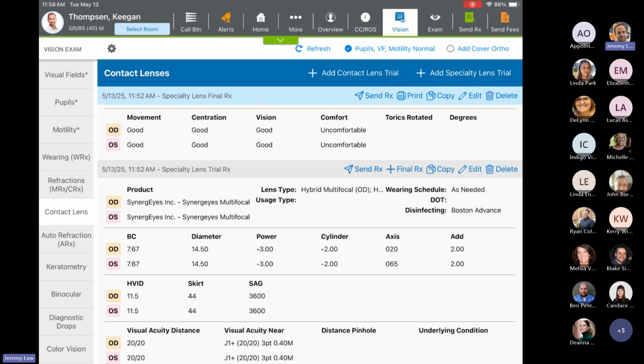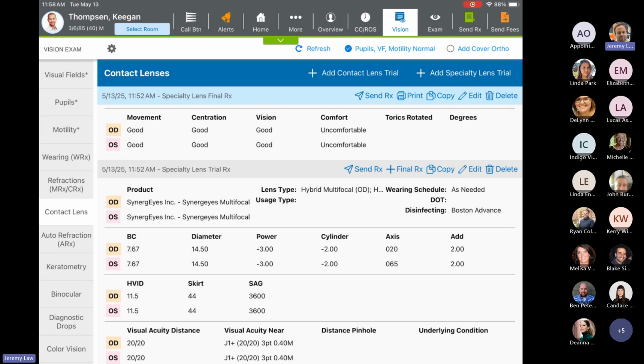Some doctors like to design the lens themselves entirely, right? Whereas other lenses, like the synergized lens that I just showed, the expectation is that you're going to work with a consultant on the other end at the manufacturer to help design the parameters of the lens. So in this case, let's pretend I'm seeing this patient and I do have a fitting set here in the office. And one of the things that I want to document is the way that the lens is sitting